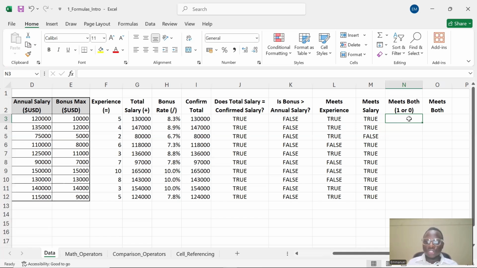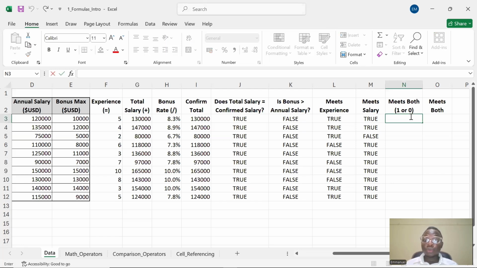So that's what you want to check, if it satisfies only one condition of these two. So I'm just going to say equal. Then I'm going to check whether the job meets the condition,